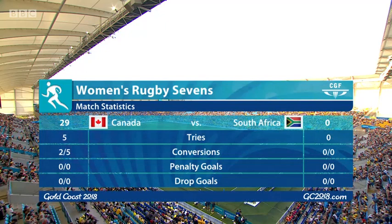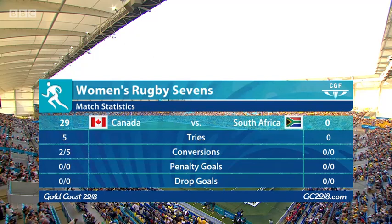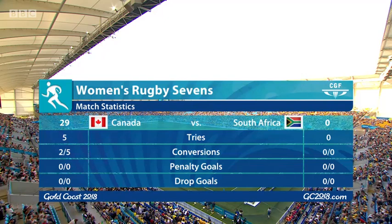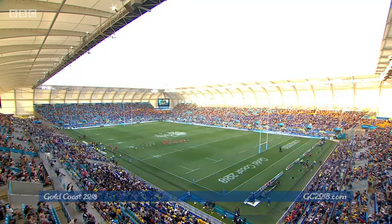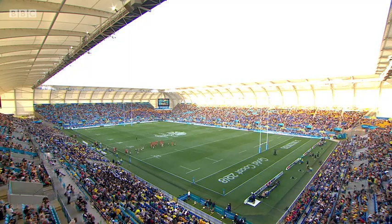And they do, Rob, get the sides out pretty quickly, the games out pretty quickly in sevens. There's not too much time waiting between games. No, it's a real benefit of when you come to watch sevens, and when you're involved in watching the game, it's relentless action. One off, next team back on. It really does typify just how full on